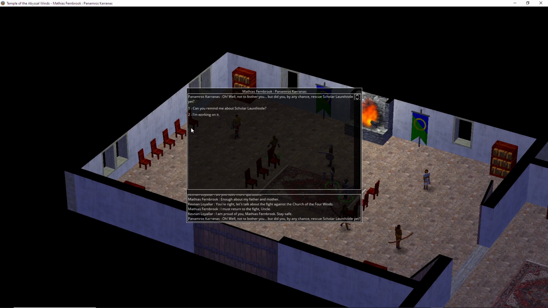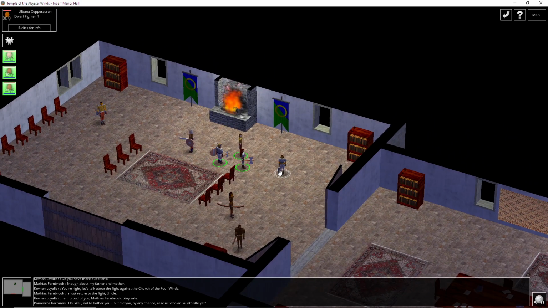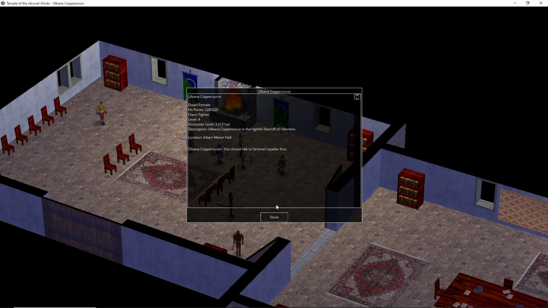Okay, now we can talk to... Oh, not you. Talk to Ulbana Copperzurin, the dwarf female